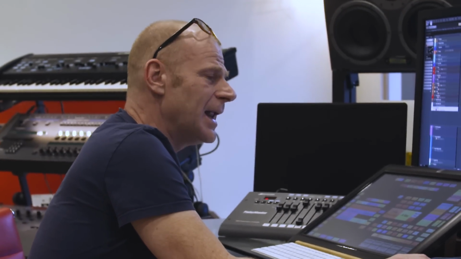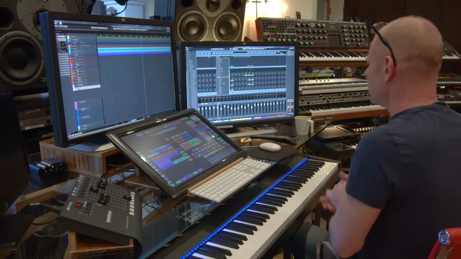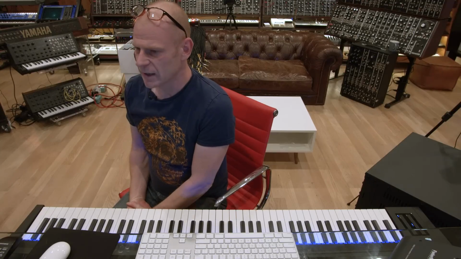So let's move on to the last one. This is actually the last one. And again, I don't know which one to pick here too. So this is Waves. I have everything that Waves makes. I will always buy everything that Waves makes, because what Waves makes is just phenomenal. Everything is phenomenal. I've had their stuff since the moment they started, and it has always been a major tool